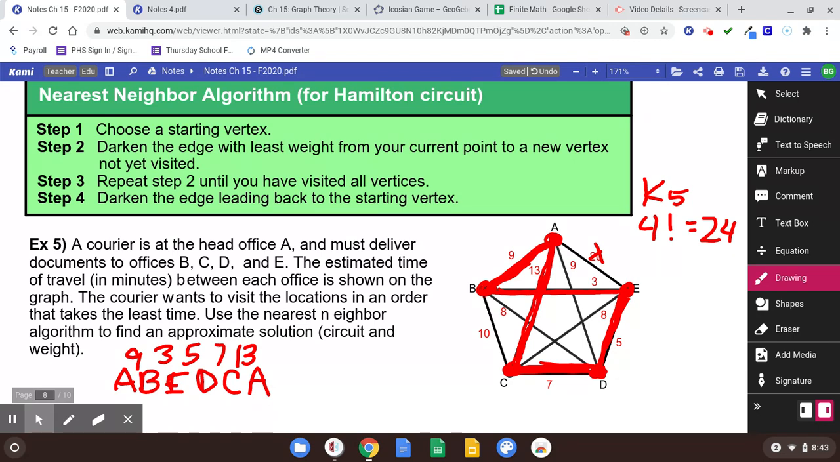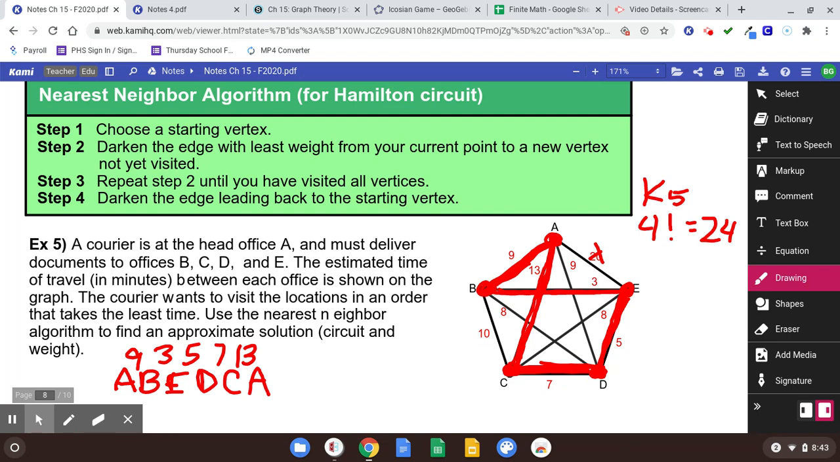And the fact that we got locked in there at the end, that's what makes this an approximate solution. Because if that last number is a really high number, it doesn't matter. You have to take it. So that could be a drawback, is you might be locked into a big number there at the end. But we've got our Hamilton circuit, our approximate solution, A, B, E, D, C, A, with the total weight of,